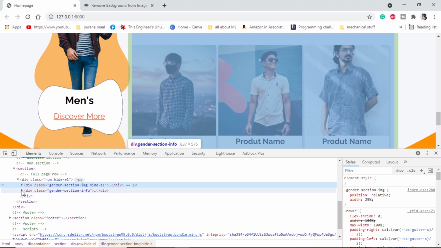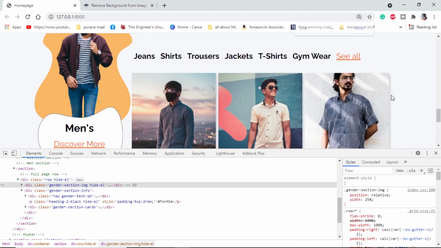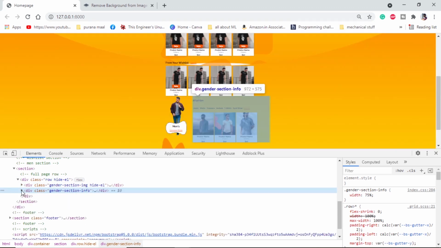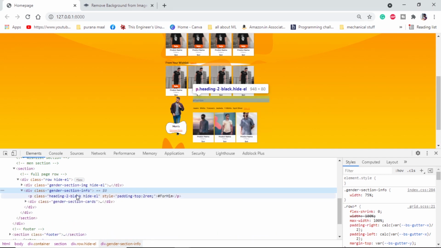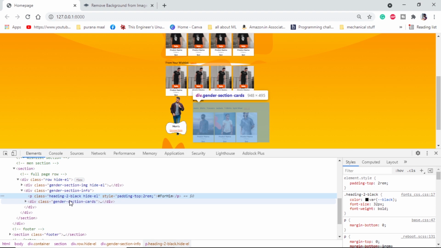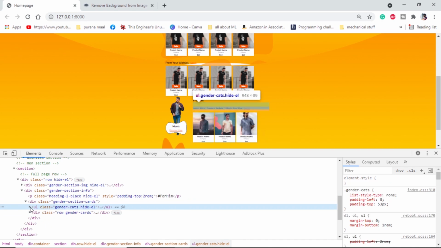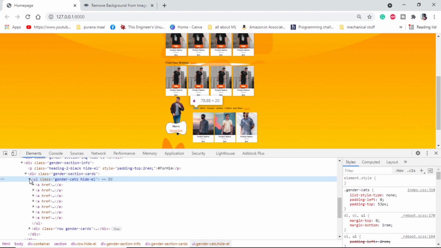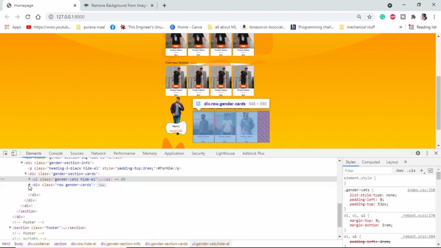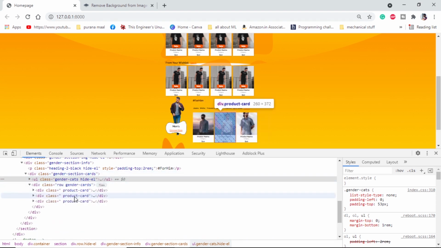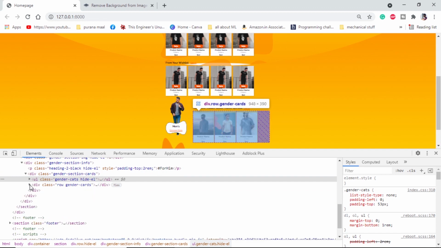Now we have the information section. Let me zoom out a little so it will be easy to see. Inside this information section, on the top we have the is for him. Next we have this list of buttons and also the cards. So inside this division we have categories, for which we have simply used the UL, which is unordered list. And after this list section we have our cards. So basically we have used the same card that we have already defined. With this, our men section is completed.